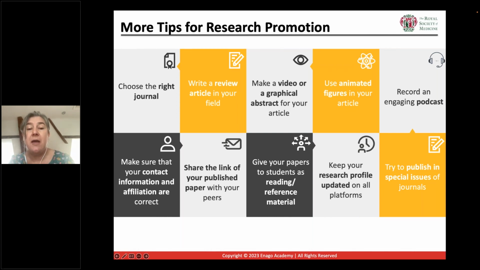Make sure that your research profile is always kept up to date, and also special issues tend to have more views, more citations than just regular journal issues. Sometimes they end up being used as teaching vehicles as well. That can be one of the reasons why they'll be mentioned in the editorial, which is nice and short, so people will have an introduction to your work from somebody else's editorial.